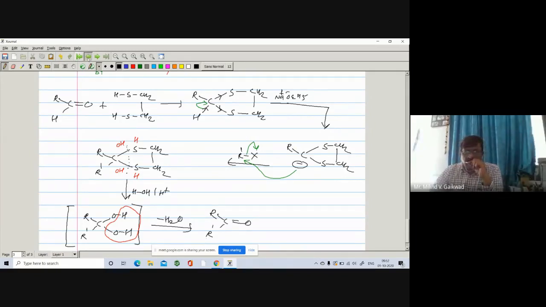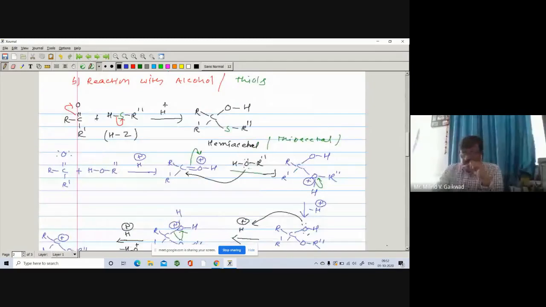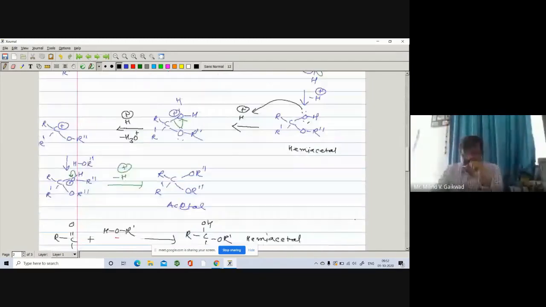Similarly, in the previous one we have seen the formation of acetal. When you add water here, HOH, in the presence of acid, again there is addition of water. So addition of H, addition of OH, addition of H, addition of OH, and you can get such a compound, R C R dash, here is O, here is H, and here is OH.